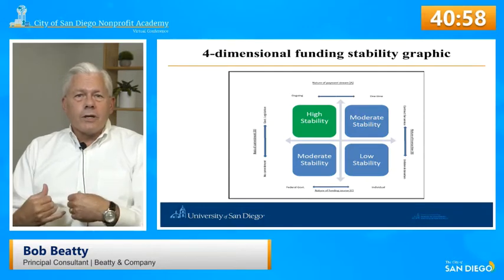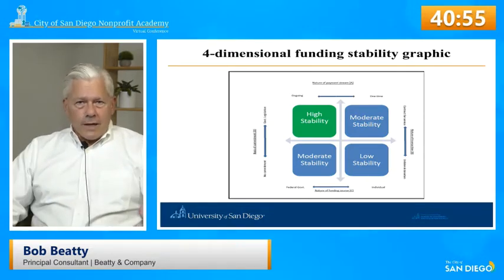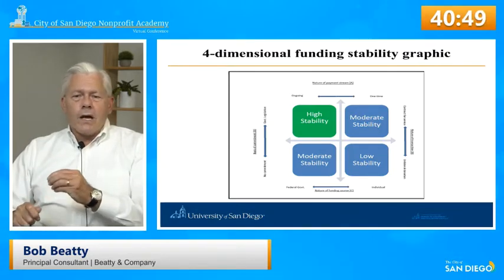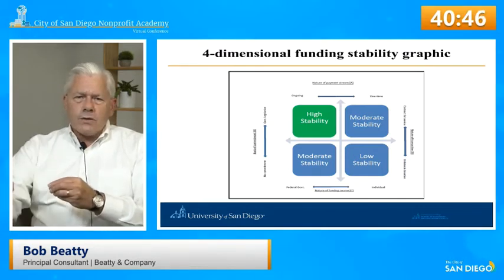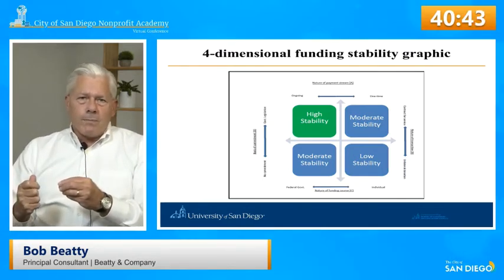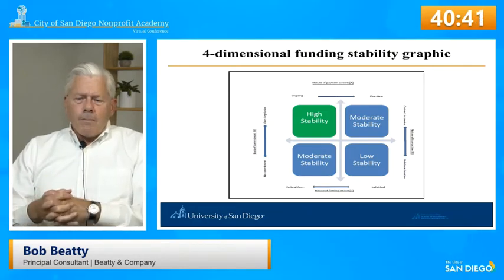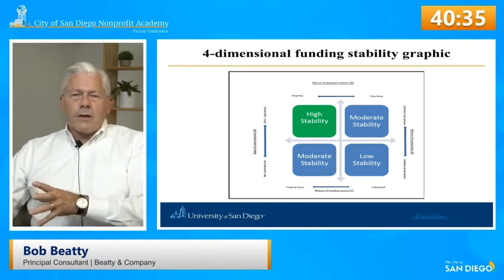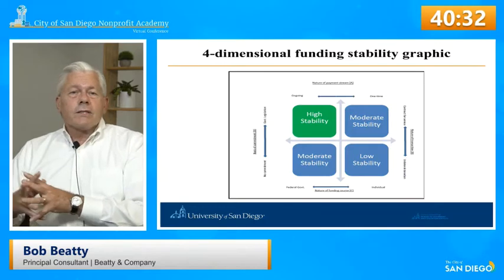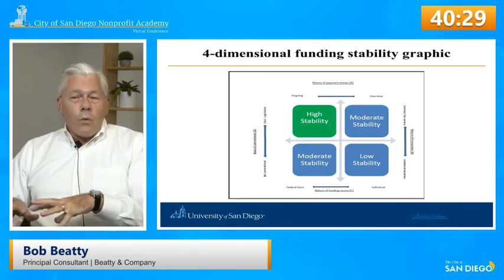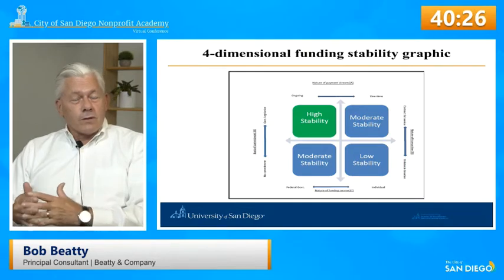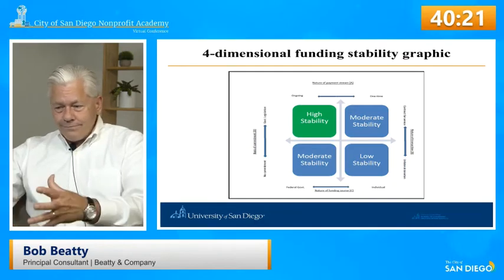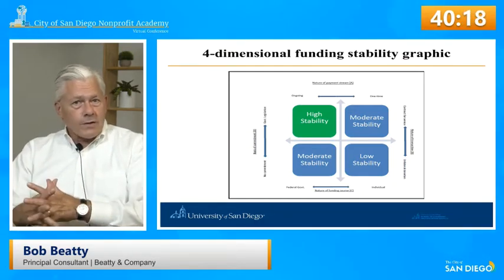Any money coming in is good, and so I just want more of it, and I'm just going to go find it. Versus the ones that are more strategic in their financial perspective, who eat to live. Money is a means to accomplish these outcomes that we've set up in the beginning and we're working towards. And so if you're primarily a 3.5 funding stability organization, I can tell you a lot about the way management thinks. Sometimes it's a little too stable and they don't like change, and it prevents you from doing maybe a little bit riskier things because it's going to bring in risk.